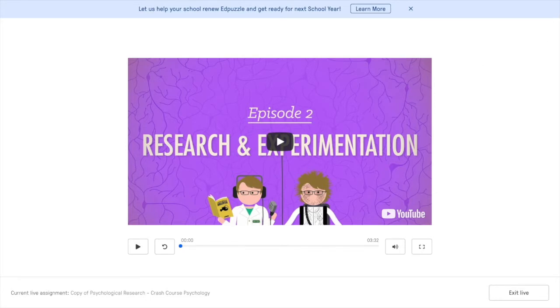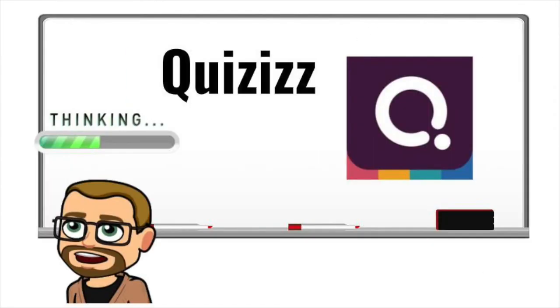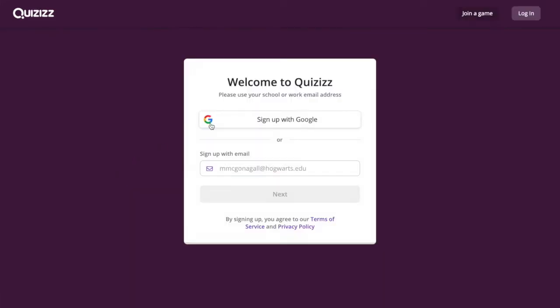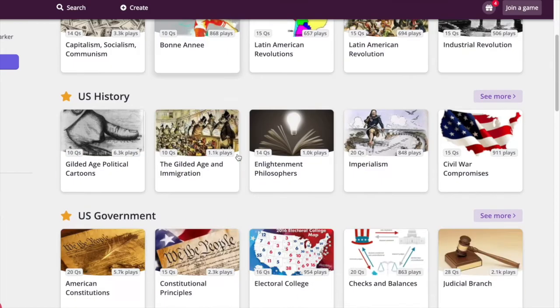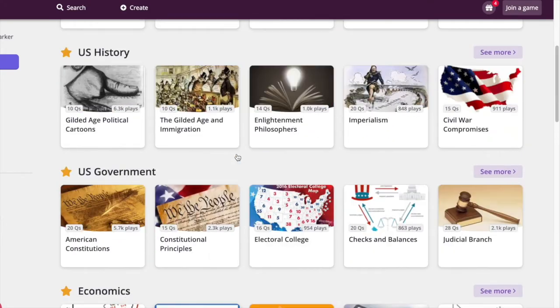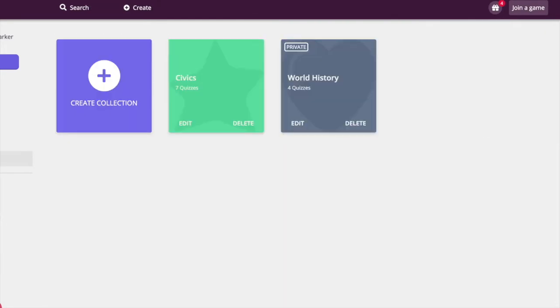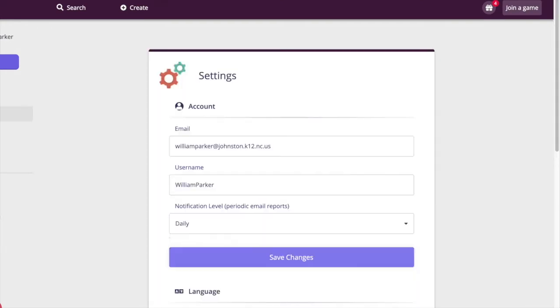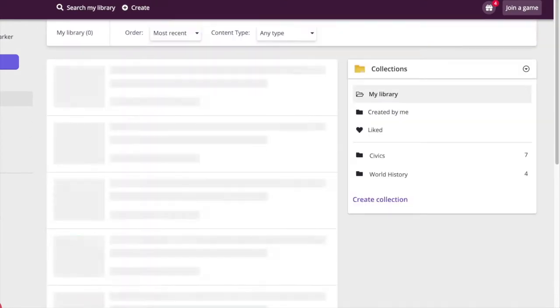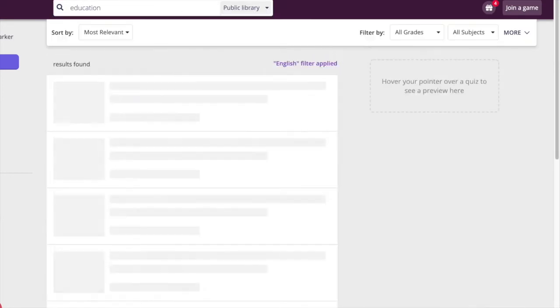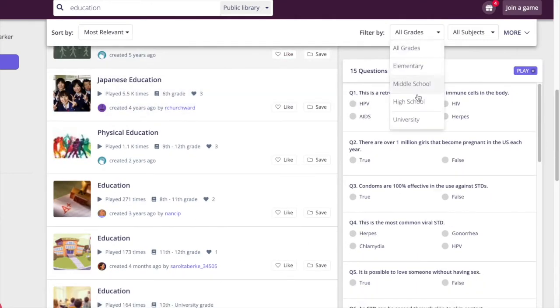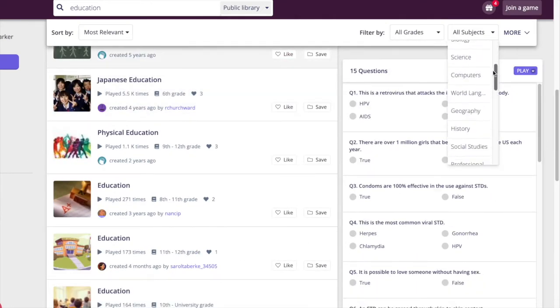So the third tool that I use to help facilitate blended learning in my class is a program called Quizizz. And Quizizz is the assessment piece to my blended learning setup. Now, Quizizz is an online assessment tool that is very similar to Kahoot, but Quizizz personally is better than Kahoot. That can be set up to allow students to compete against each other in class, but you can also assign it to them as a homework assignment that they can complete at their own time when they feel ready